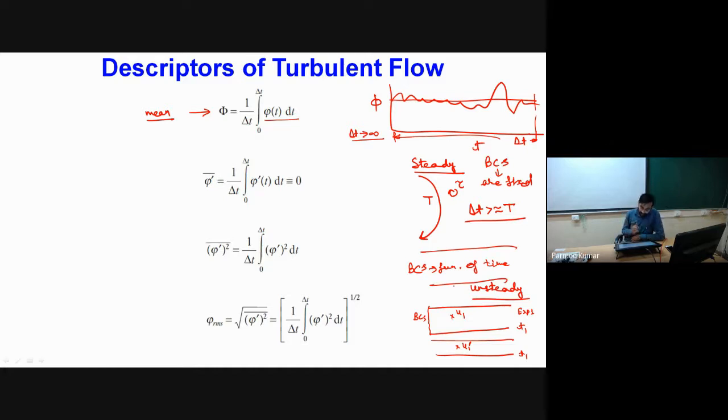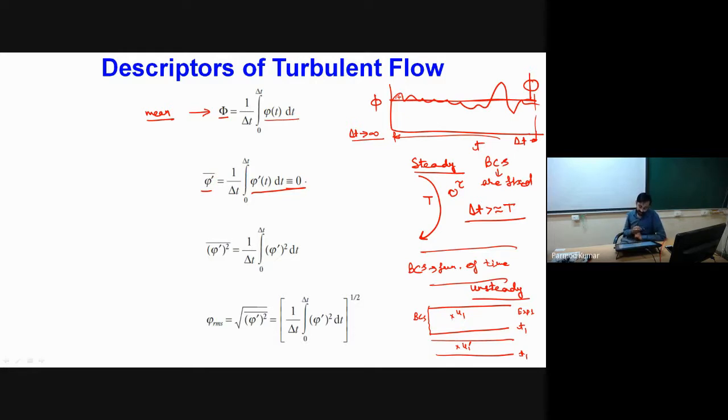Okay, now once we have defined some mean value, if we take the mean of the fluctuating component, it will be equal to 0, because we have first taken the average of all these and represented that average as the capital phi. As this is the average representative, whatever area the fluctuating component makes above it, the area below will be the same. So the average of the fluctuating component will be equal to 0.